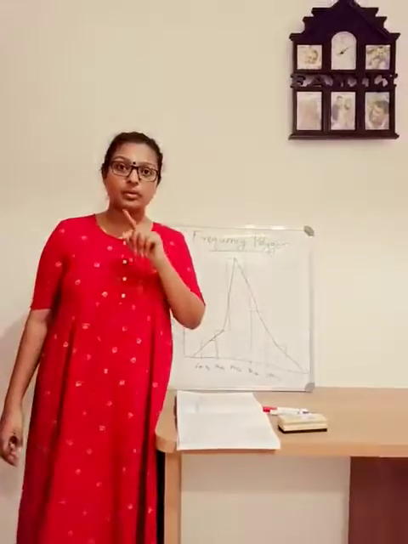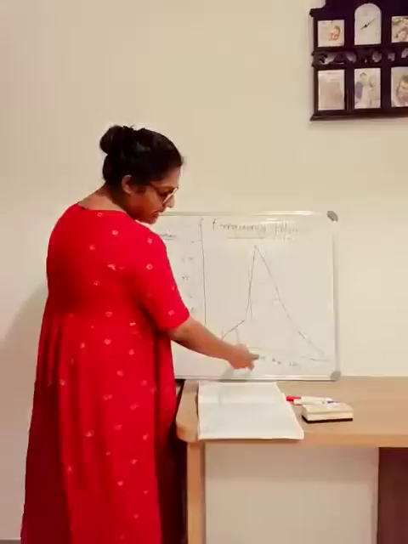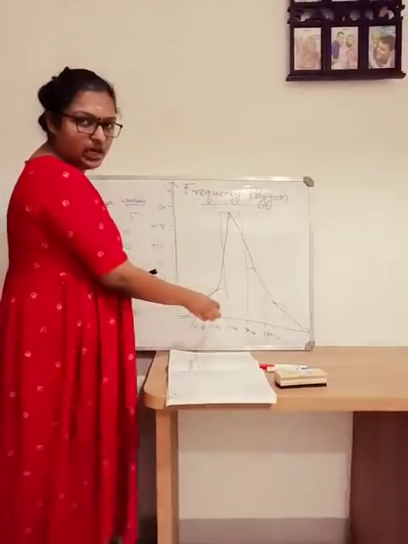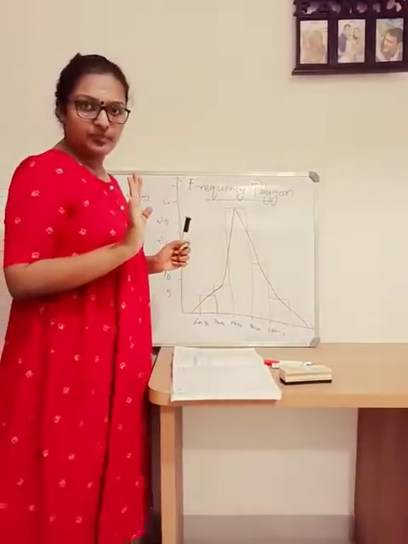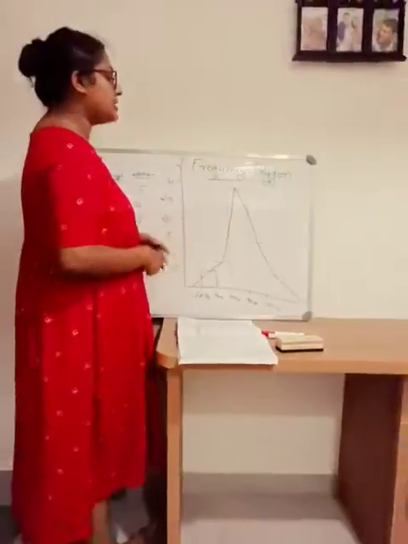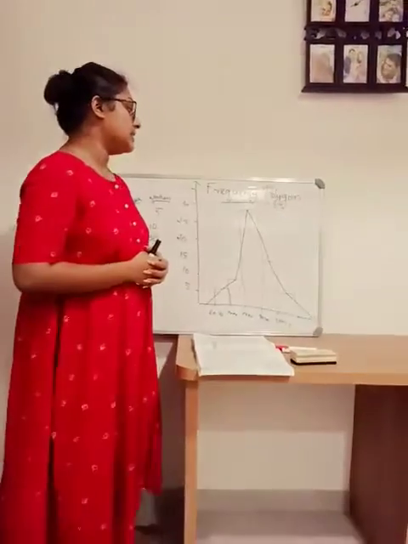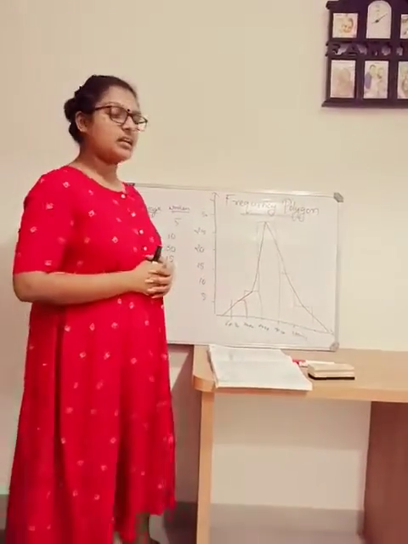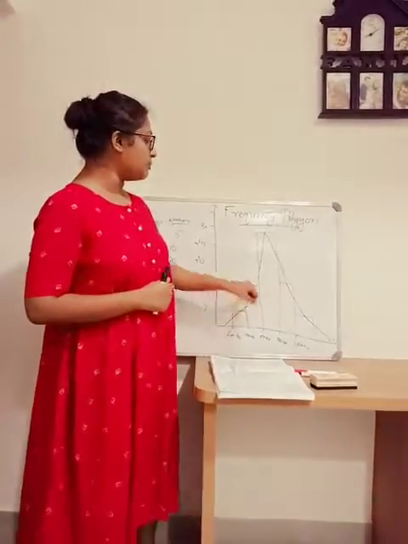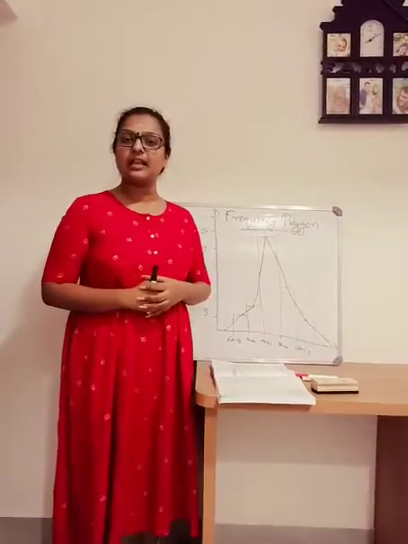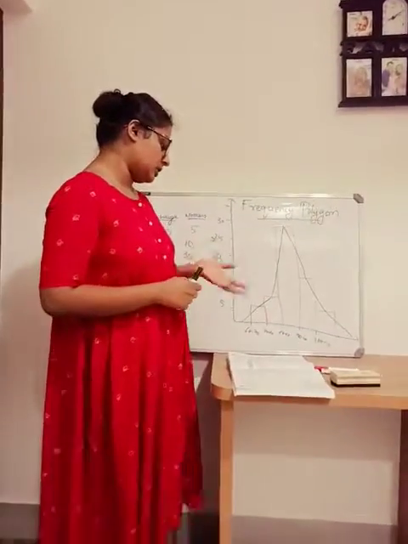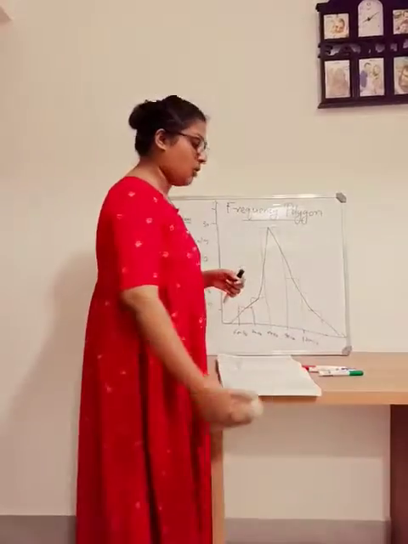But when you draw, you have to be very careful. When you take 80, if you are drawing for 80 to 90, you will already have something connected to 80 to 90. You just have to extend that. That is enough. Don't take the next one and get confused. So that is it. A frequency polygon is a diagrammatical representation, or you could say a curve, which connects all the midpoints of the tops of the rectangles in the histogram. So these are the things that we have discussed now. In the next video we will discuss ogives.